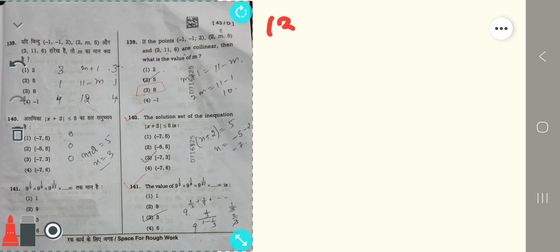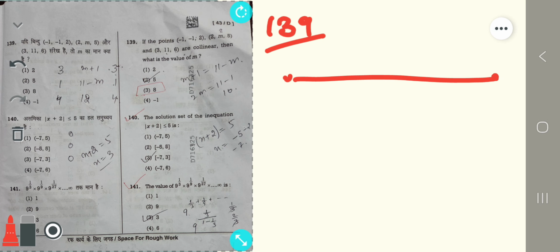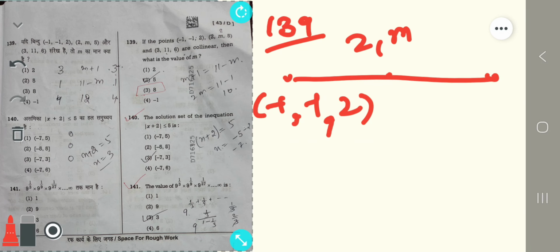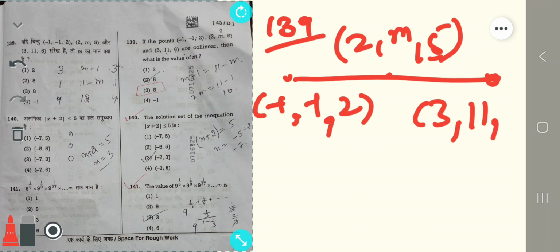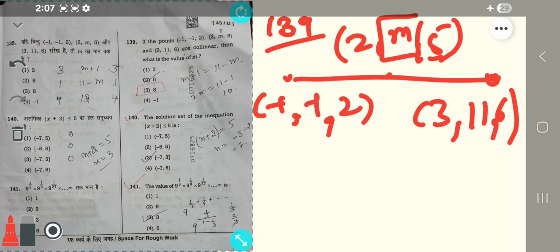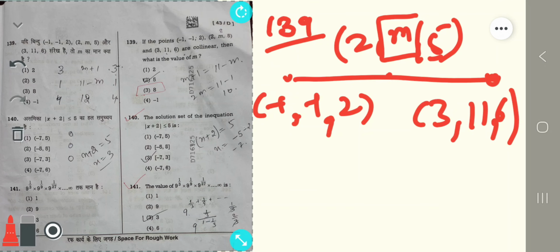Question number 139. 3 points are given, that is (-1, -1, 2), (2, m, 5) and (3, 11, 6). They are collinear. Then we have to find the value of m. So for the points to be collinear, the ratio of the difference in their coordinates must be equal. That is